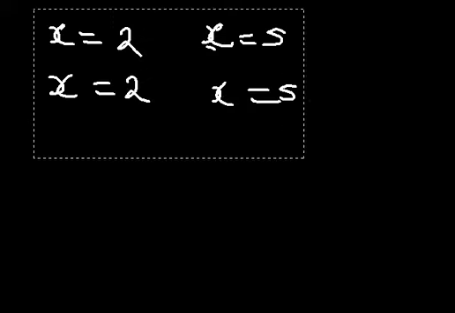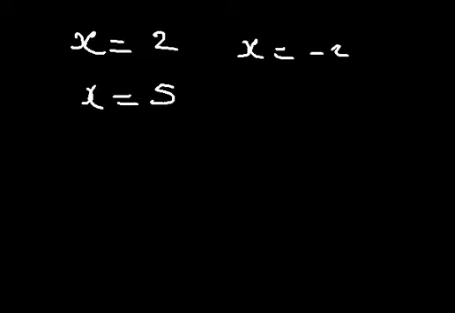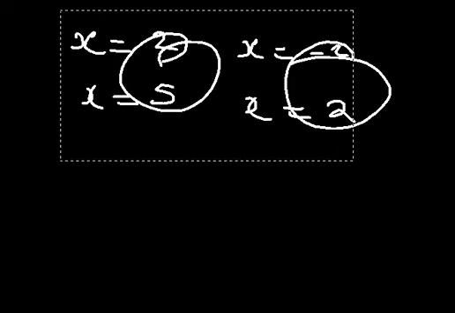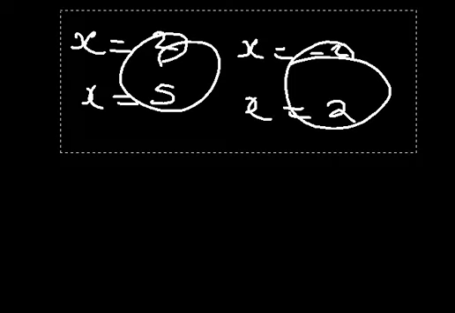And what if the quadratic equation gives us two dissimilar roots? Let's say x equal to 2 and x equal to 5, or x equal to -2 and x equal to +2. Now these are said to be the dissimilar roots. So what would you say about that kind of quadratic equation, the one that gives us